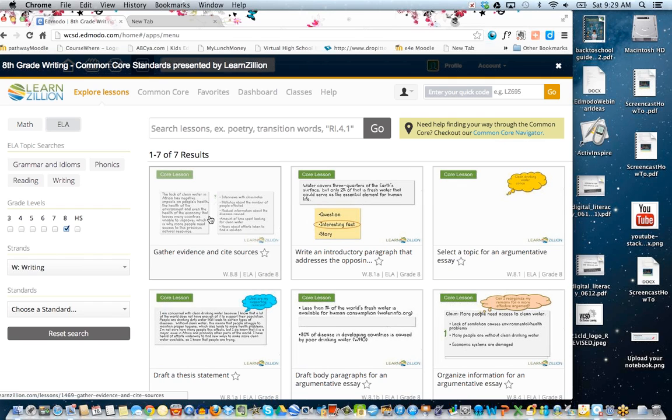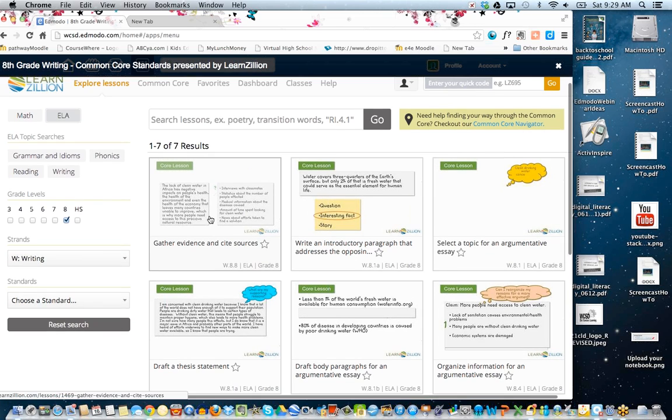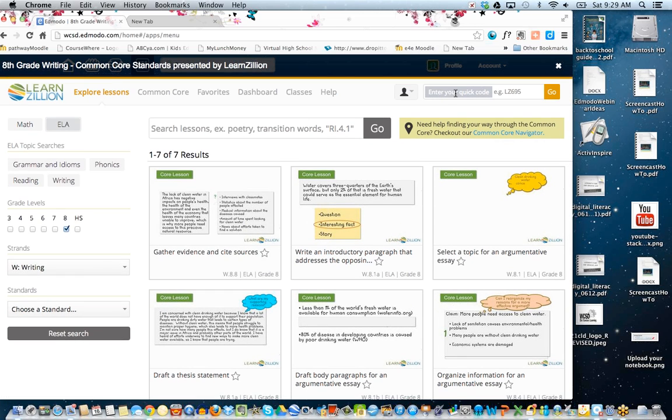Now, when you go to Learn Zillion, you can access it directly through Edmodo, or you can go onto their website and access it that way as well. They have the ability to set up free classes, and if you do it within Edmodo, it's all integrated through the App Store, so that's how your kids can access everything. When you set it up as a teacher, it lets you add your students, and then it gives them an enrollment code. And then when your student clicks on the Learn Zillion app, it'll say you need to sign up the first time and put in the enrollment code. And so you will have provided that to them.